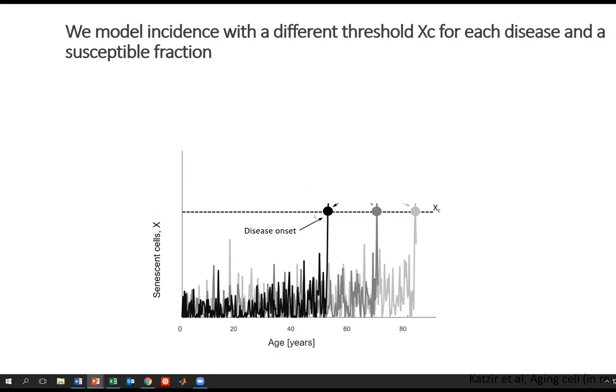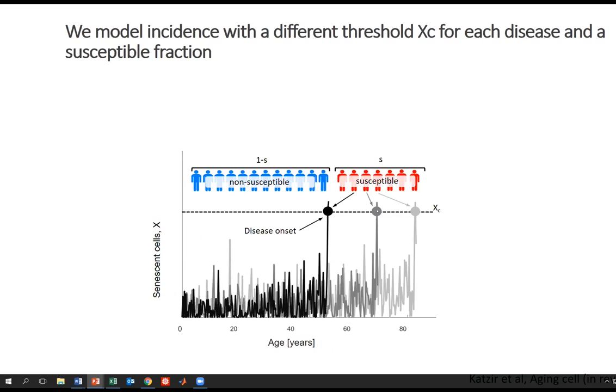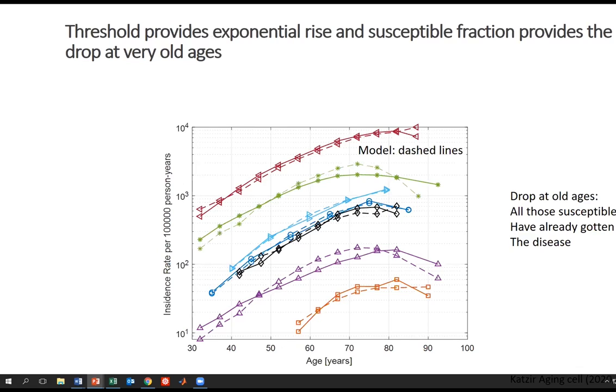But then the question is, why doesn't everybody get this disease? Because everybody's going to cross this threshold before the death threshold. So we also say only a fraction S of the population is susceptible to each disease. Some people are susceptible to diabetes, a different set of people susceptible to IPF, etc. So we model each disease by a threshold and susceptibility, and with that, you can get these incidence curves. The exponential slope is just given by the threshold, as I told you. The slope is eta times X critical divided by epsilon, so you get the slope from this first passage time problem.